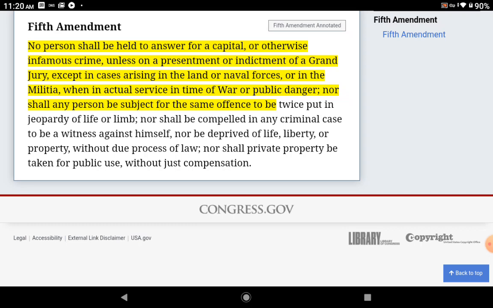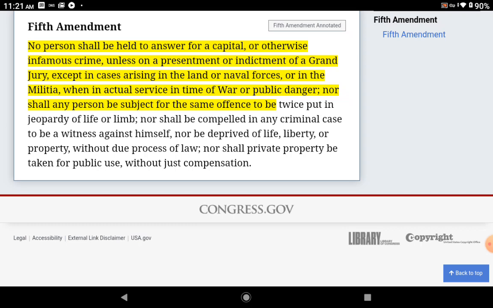Sorry about that. Or be deprived of property. How many of you have had your property seized and taken by the police department, by the courts? I was talking to a guy. They've taken his computer and everything else. They haven't given it back. They've had enough time to copy everything, so why are you still holding on to my stuff? Without due process of law,